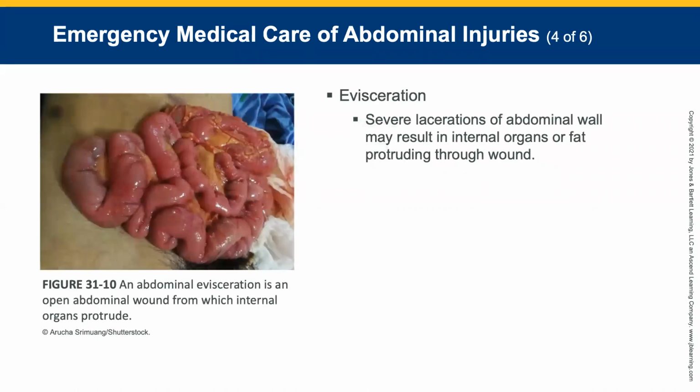All right, so here is an evisceration. This is the intestines that have popped out through this patient's stomach. You can see that it's low in the pelvic area because this is his genital area. So I'm going to say him or her. I don't know which one it is, but this is an evisceration. That's what they look like.